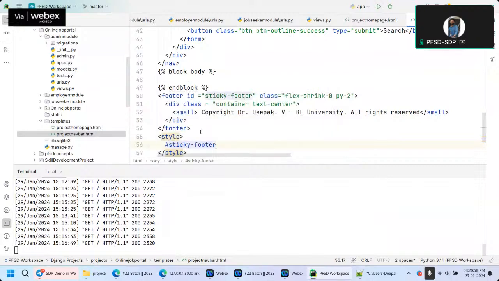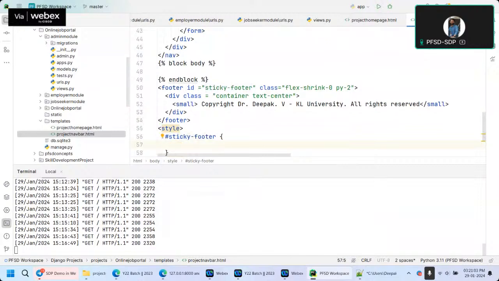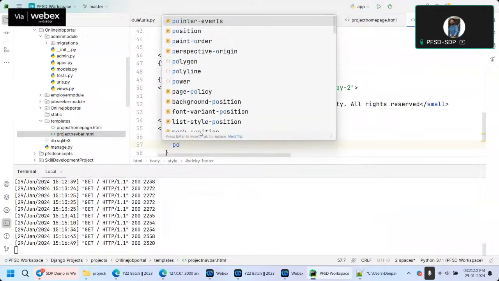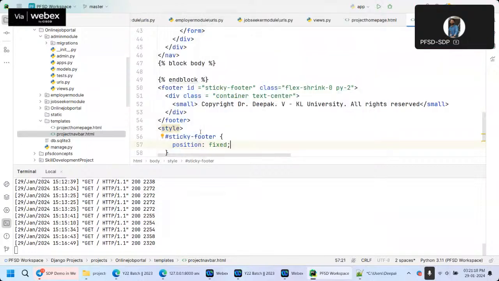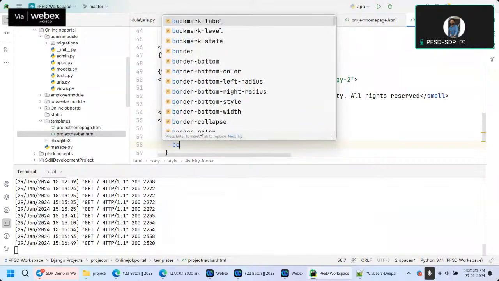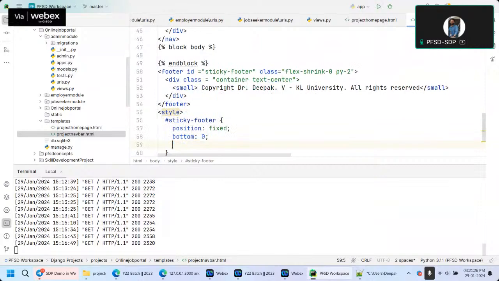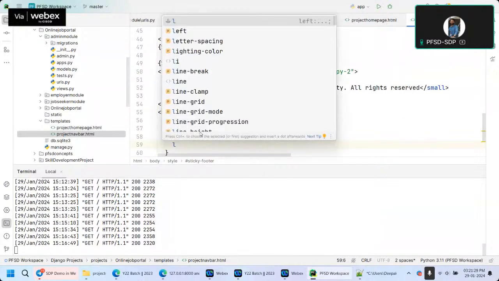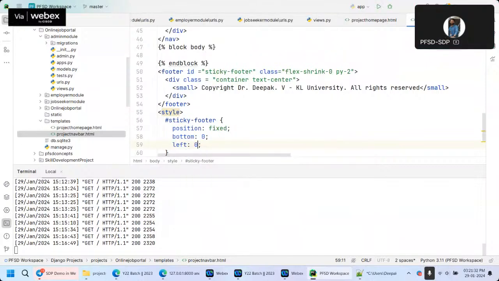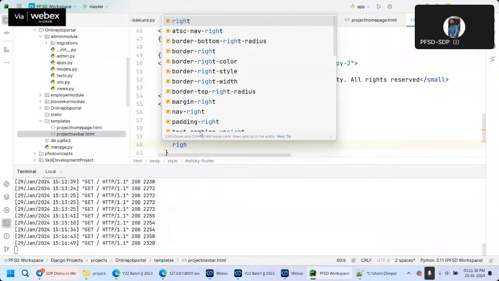sticky footer. What is the sticky footer? Again, whatever the class name. So whatever class name I have specified, for that particular class name I can add the content. I can add the content position. If you see here, no need to type. Everything will be coming in the standard ones. Fixed, bottom, bottom 0, left, left 0, right 0,